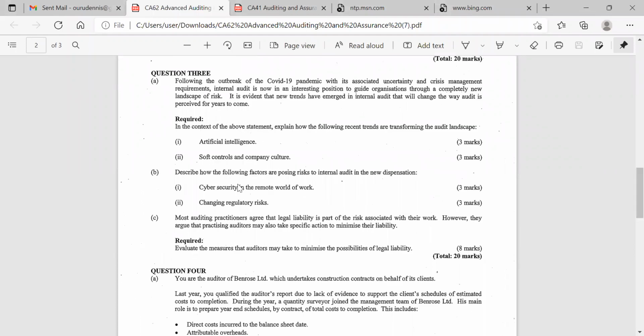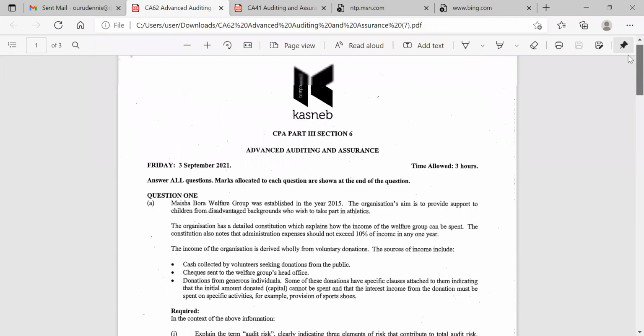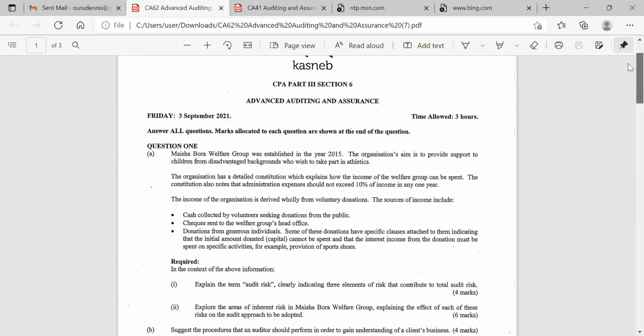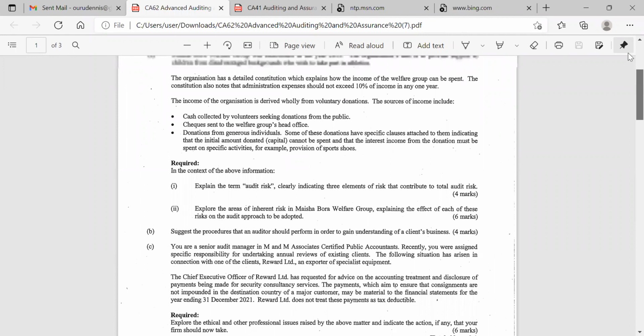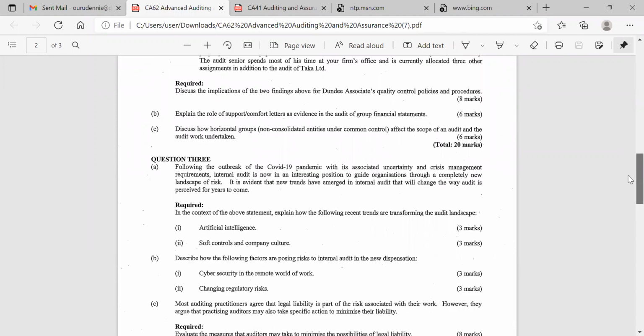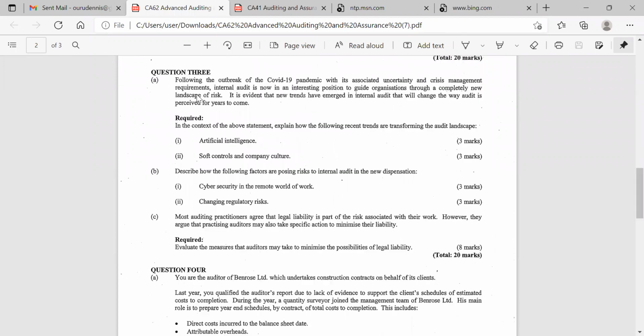Do you see here now? Look at this. Number 3. This is August last year, August 2021, question number 3. August sitting, question number 3. Or September, it was September 3rd, 2021. Advanced level, as you can see, this one is advanced level, but the question cuts across, so you don't worry. They are saying,